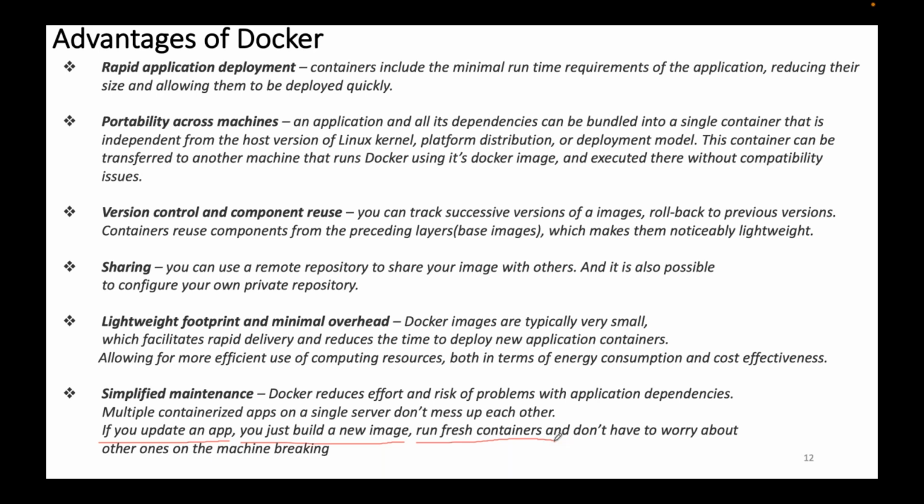I need not worry about other applications or other containers running on that machine. Is it going to break them if I do this? No. So it will simplify the maintenance and reduce the risk of managing multiple applications as containers.